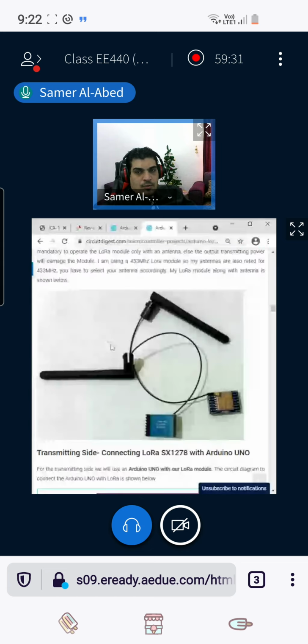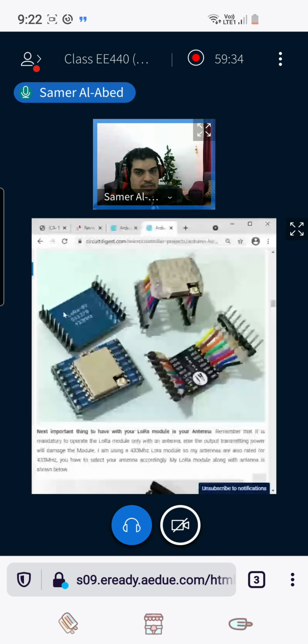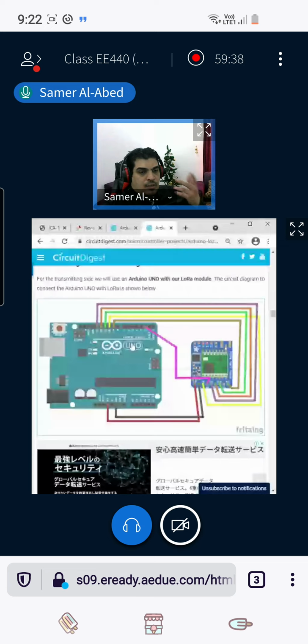Now, what I need from you is the components. These are pictures of the components. This is the LoRa module, this is the antenna, and then I need you to give me the circuit of the transmitter and the circuit of the receiver. This is the circuit of the transmitter. It's drawn using Fritzing. You should draw the transmitter using a program. The simplest one, and one which is free, is Fritzing. By the way, I asked Muhammad Sharshir to give you a lecture about how to use Fritzing.